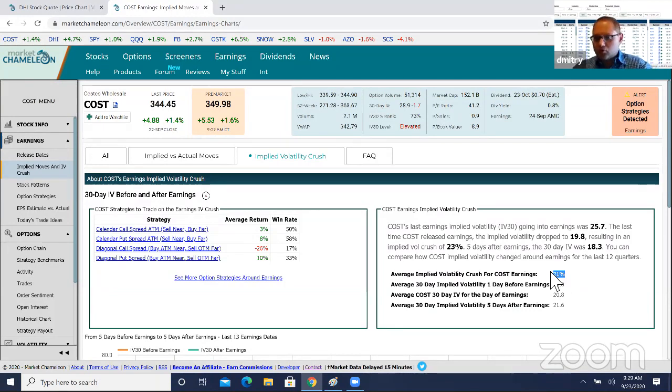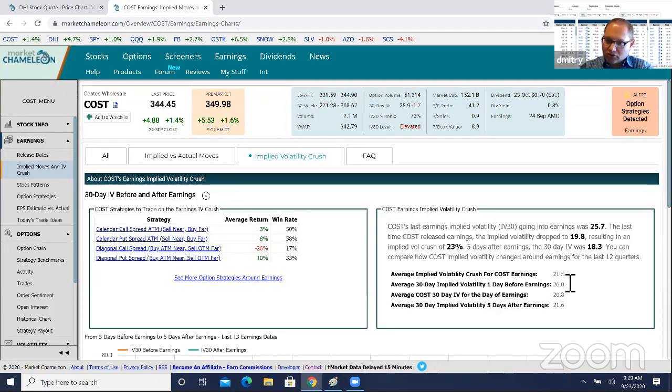So people who play calendar spreads will hedge the near-term move and sell the further-out options to play the implied volatility crush. On a 30-day constant maturity option, on average, the implied volatility was down 21%